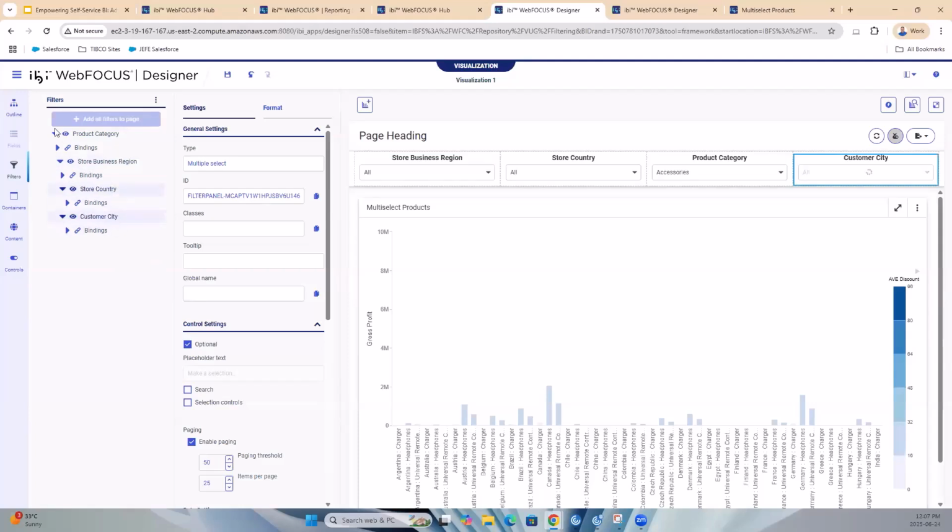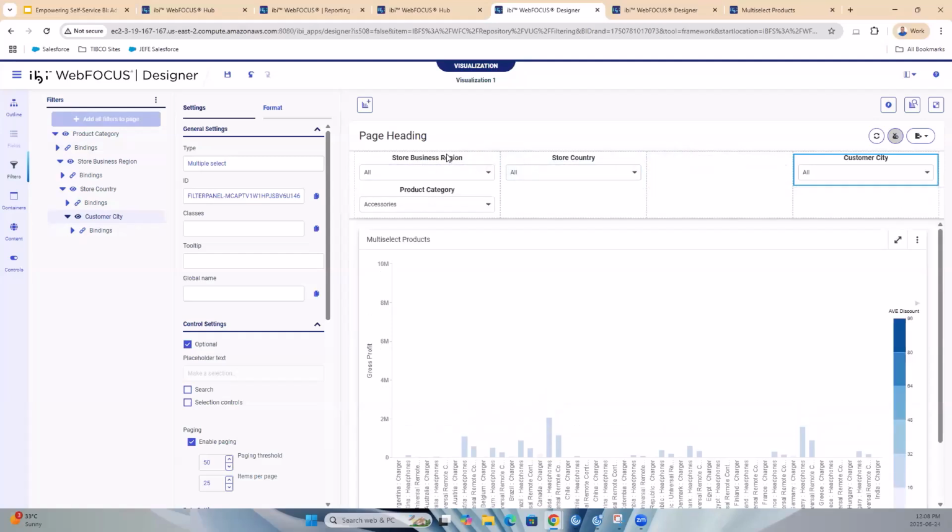What I'm doing is creating a hierarchy embedded in the filters. Now, I also want the customer city to be reflected in the stores that we choose here as well. So now we've got these four fields all acting as one. Now, what I might want to do here is drag product category over and make that kind of the